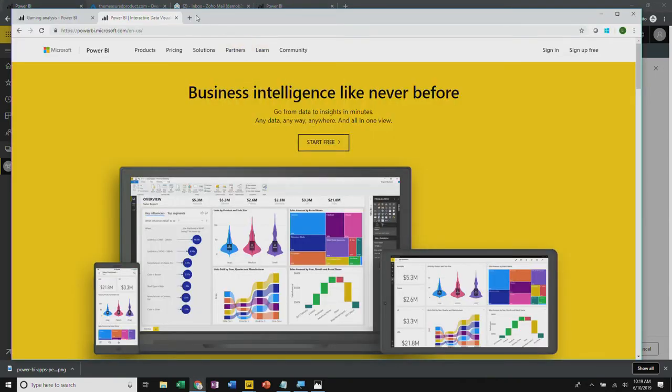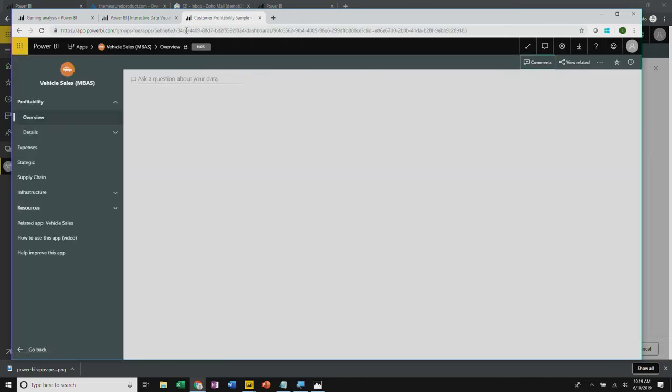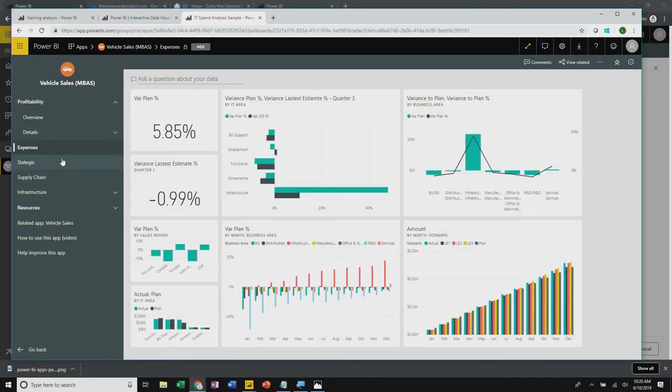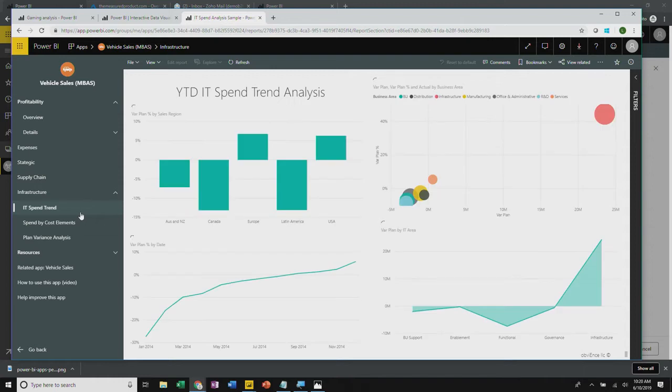So here I am in a different browser window, and I'm actually logged in here as myself. And you'll notice that when I open that URL, it's actually going to go install the app and give me access. Okay? Like that. It took 2 or 3 seconds for this to happen. Now, a couple of things I skipped along the way. I'll go back and cover them. But ultimately, me as a surgeon now, I can access this app, look at all the content that's in here, do all the things that I would normally do to make my business decisions on top of that data.